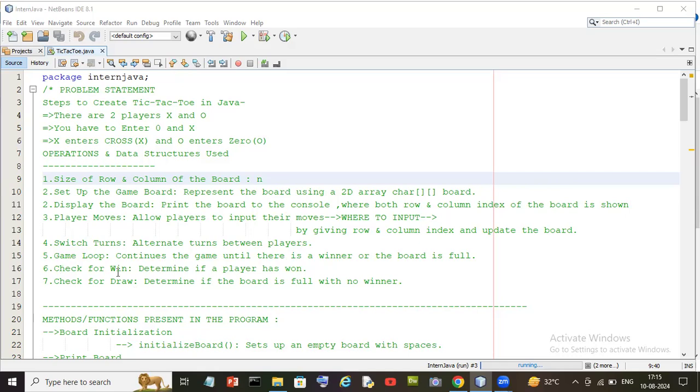So check for the win. There is one operation to determine if a player has won the game. And when the game is a draw, you have to check for that draw: determine if the board is full with no winner. If the game board is full, then you know that your board is full. So the methods or functions